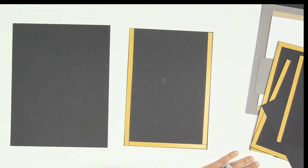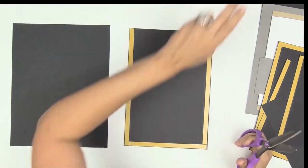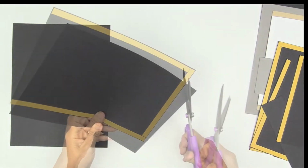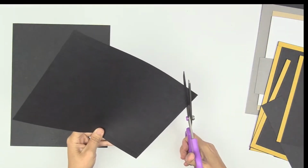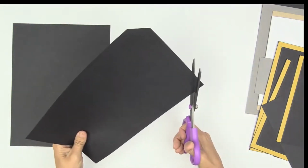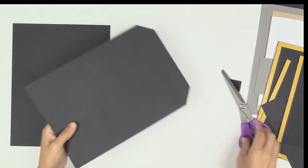So I'm just going to run through the process with very minimal instruction unless you guys need it. So let's miter our B piece. Tape is on the dented side, guys. Right, so we have this